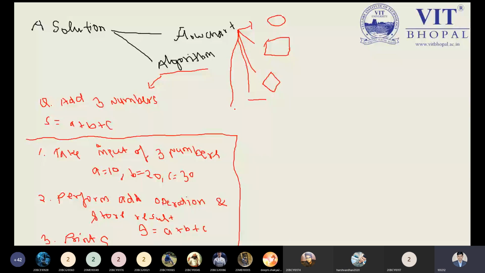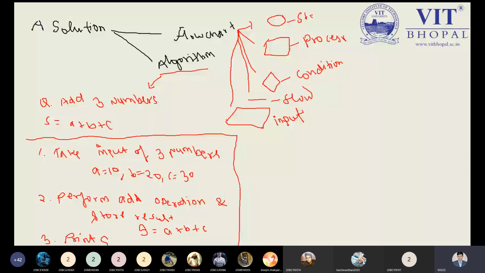This is a parallelogram for the input purpose. This is a line for the flow purpose. This is for the condition, the diamond box, which we can use for the condition. And this rectangle is for printing or processing information, so we can say it is also for the process purpose. And this circle is used for start or end. Am I right? So far have you understood all these points?